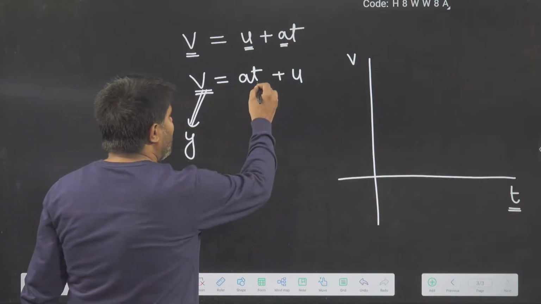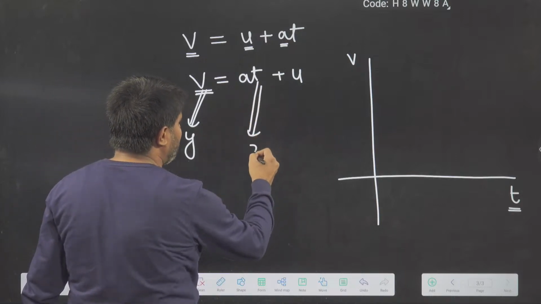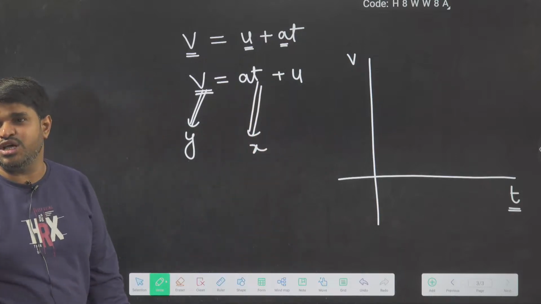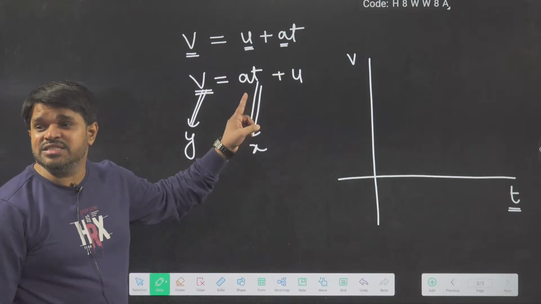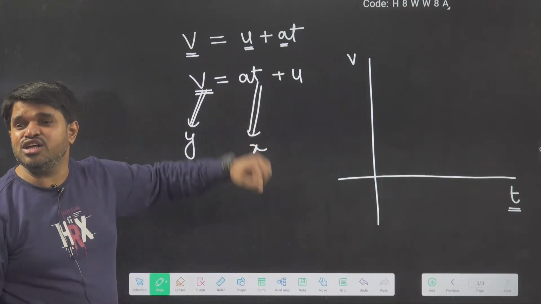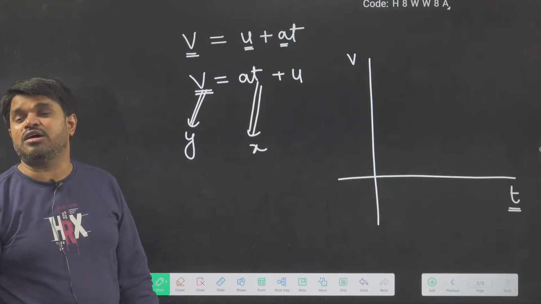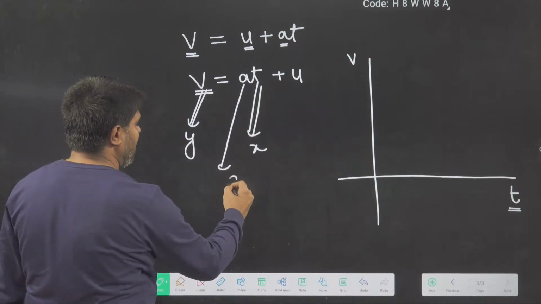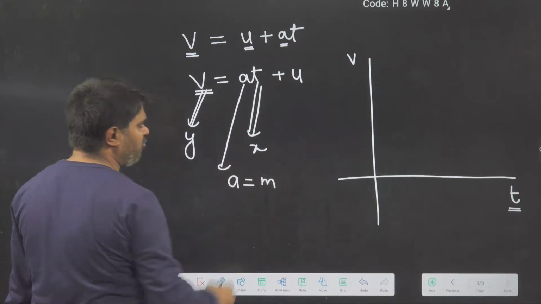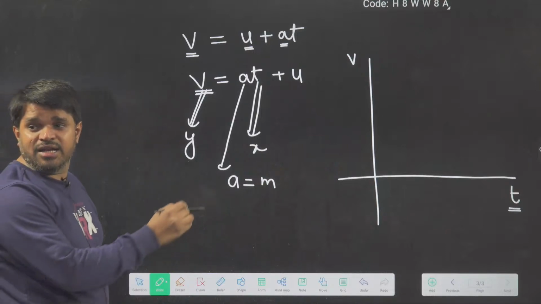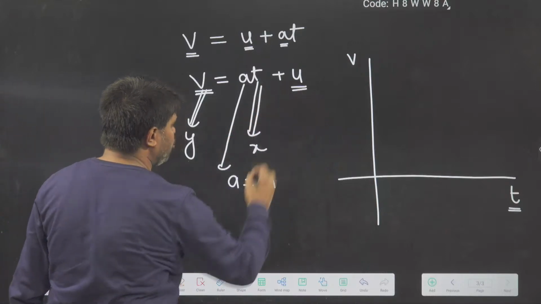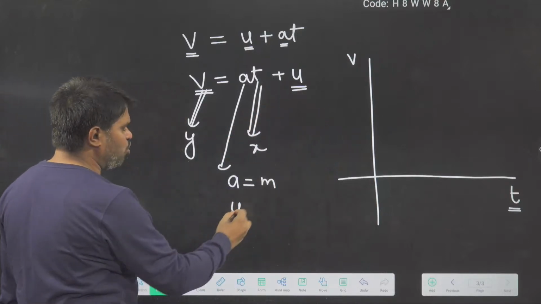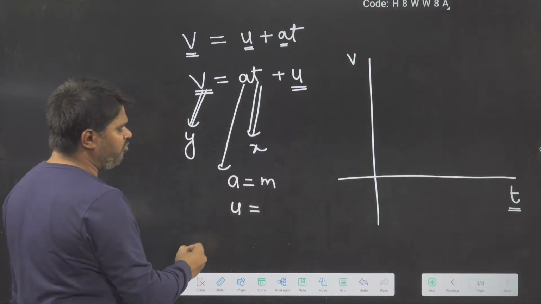Here a, acceleration, is playing the role of slope. And this initial velocity u is playing the role of